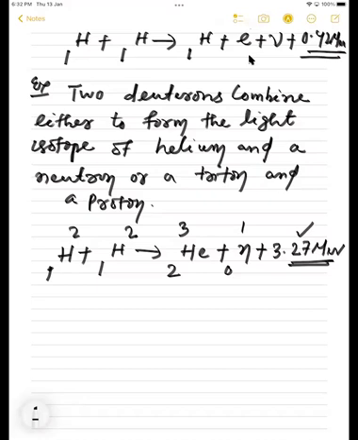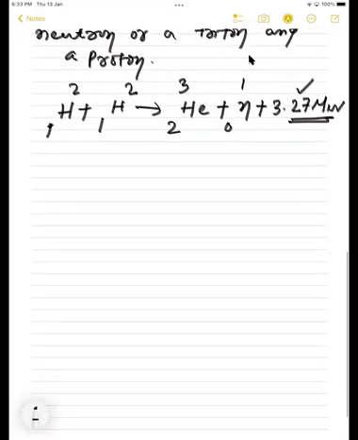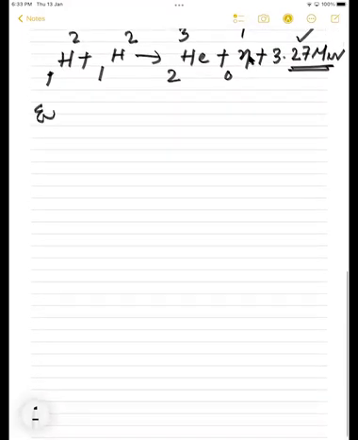And fusion is the source of energy in the sun and stars, right? Sun and stars are all based on the principle of nuclear fusion, right? Yes or no? So here let's take an example to solve this one. How much energy will be released? What type of numerical questions are we going to face? Let's do one or two questions on that.